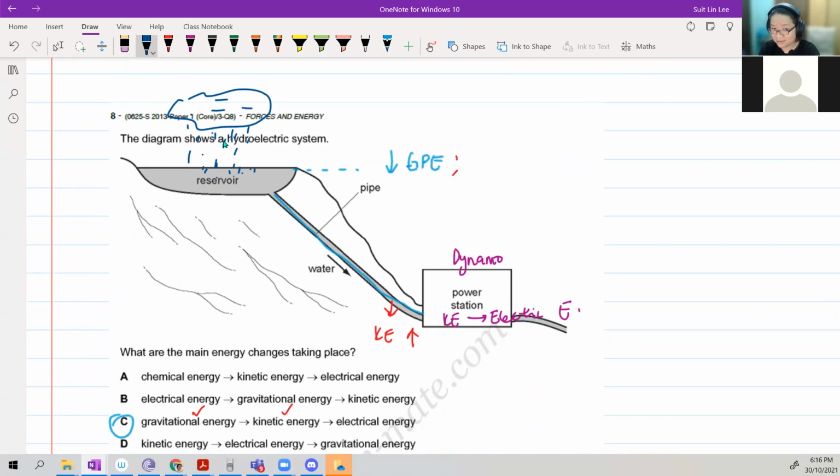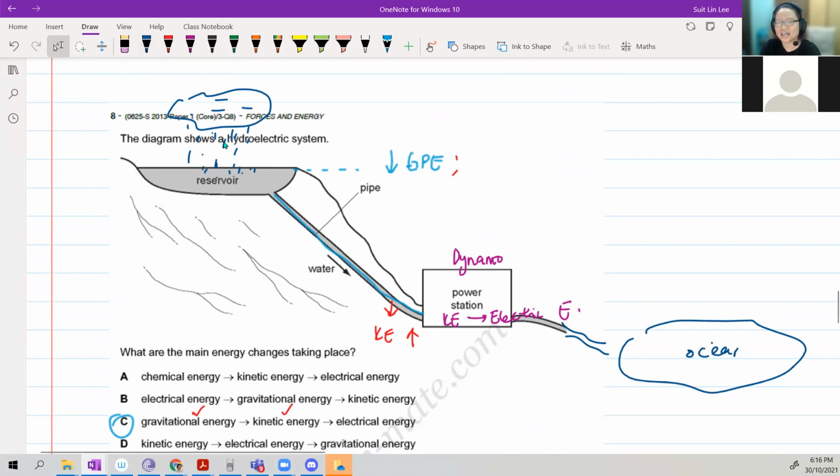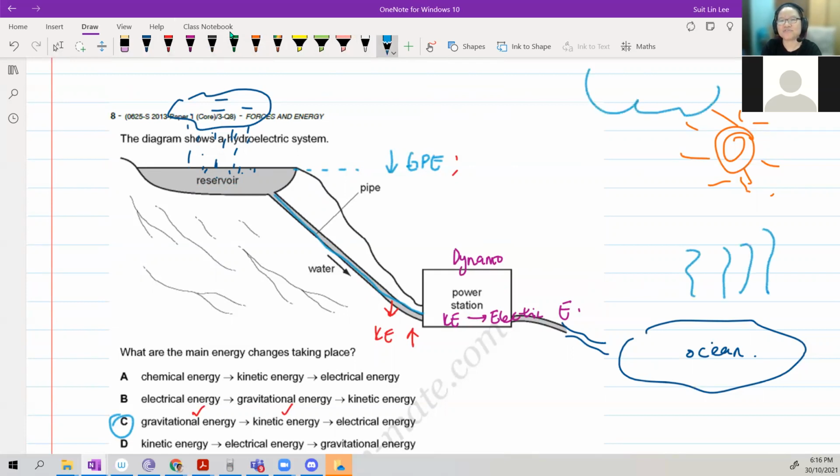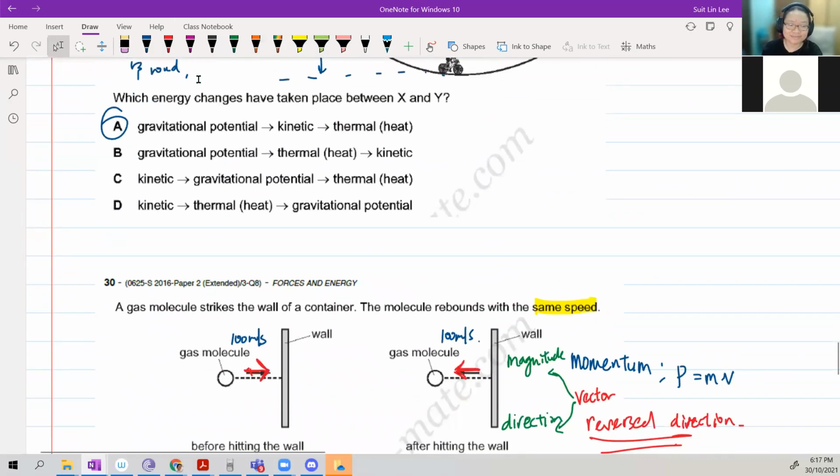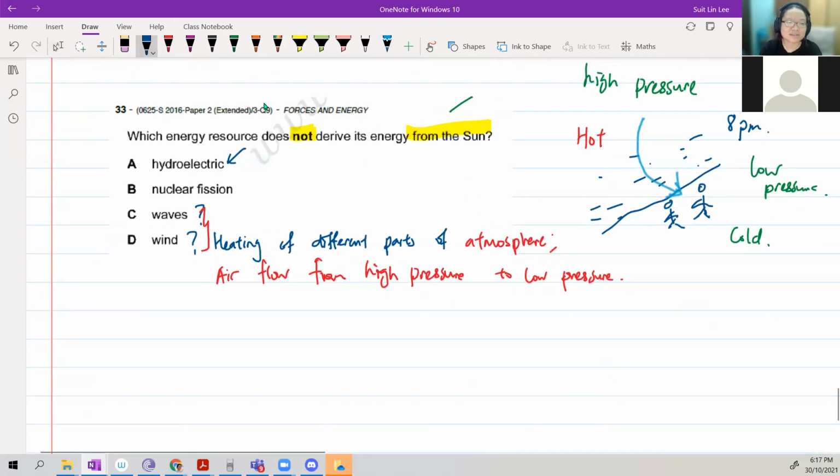You know this thing called the water cycle? Let's say this river in the end goes to the ocean or a lake, and then we have the sun. The sun will heat up the water, it will evaporate, and then it will form clouds, and then the cloud will rain, and then the water cycle repeats itself. Oh, so no sun, no water cycle, is it? Yeah, no sun, no water cycle. So the sun initiates or basically keeps the water cycle going.